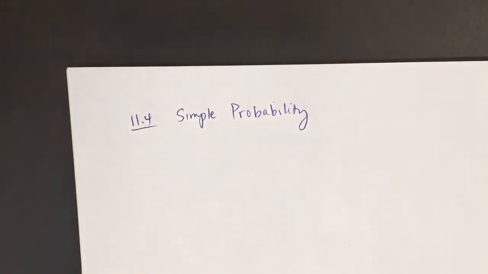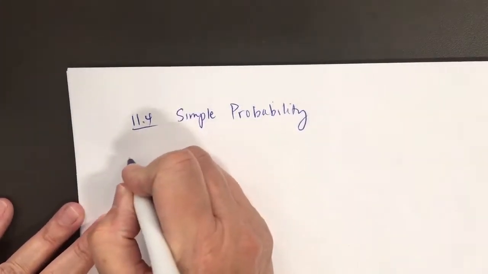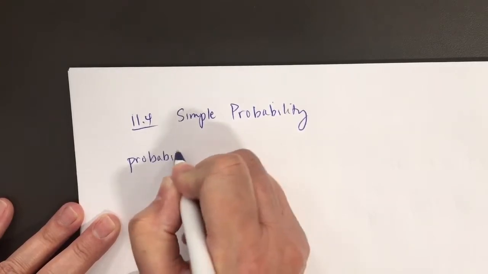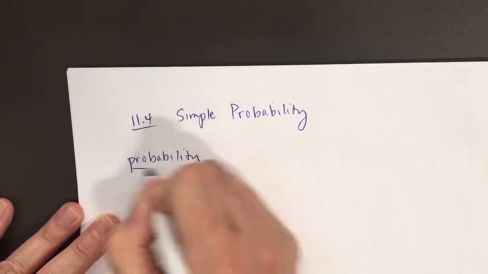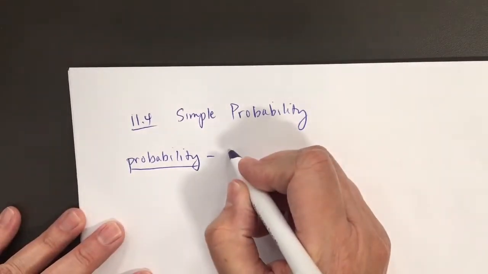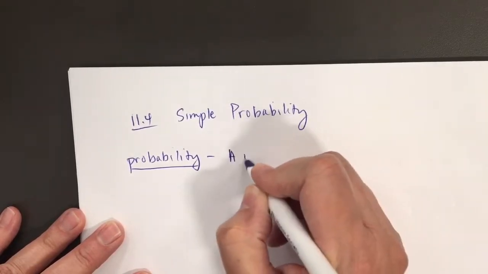I'm going to give some definitions, some words here that you'll hear me use in talking about this. So a definition of probability. Probability, it's a measure of the likelihood of a certain thing happening. So it is, I'll just say it's a number